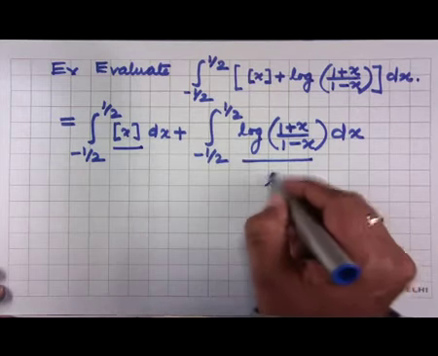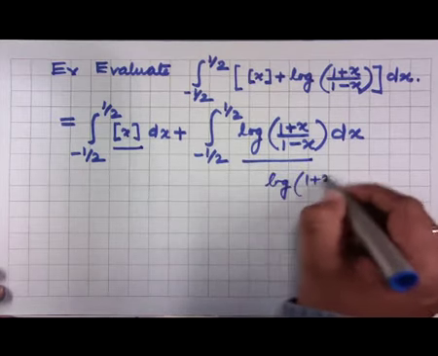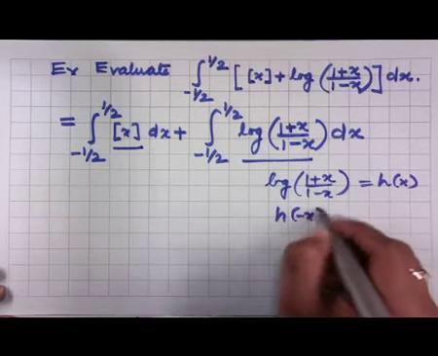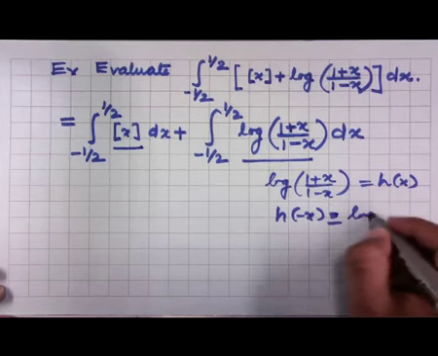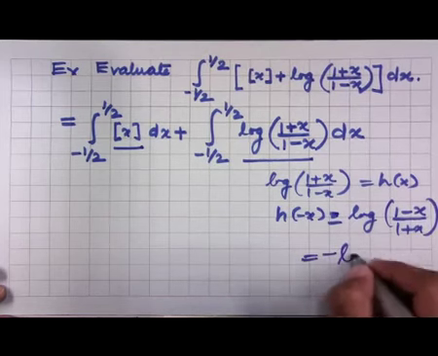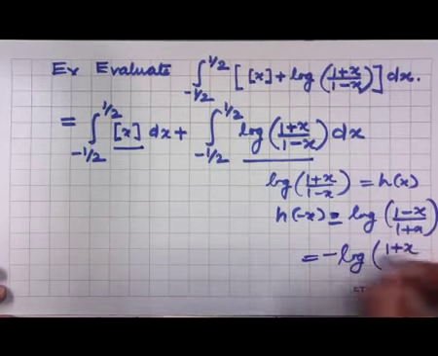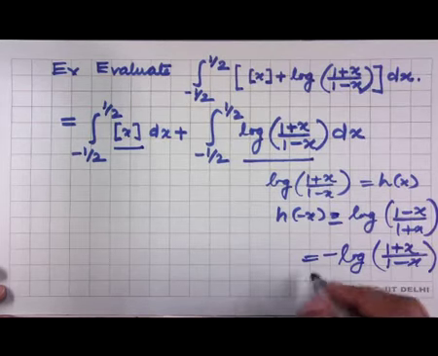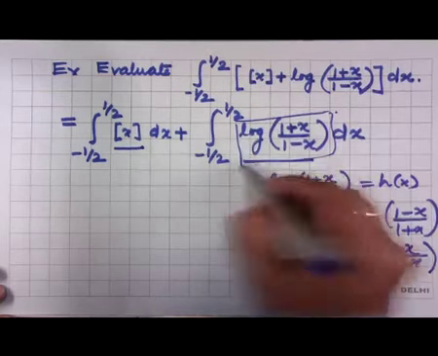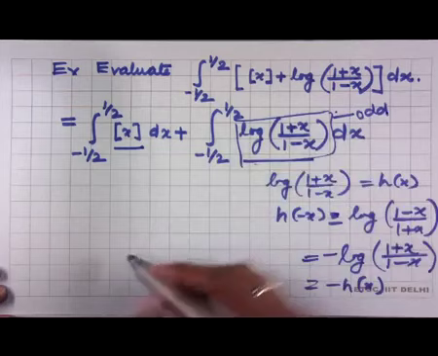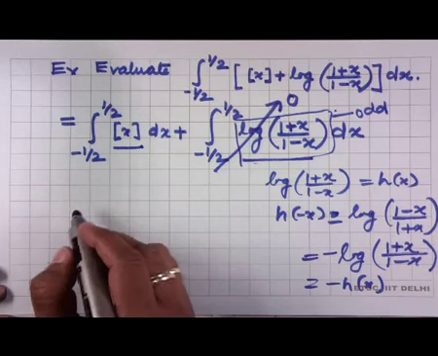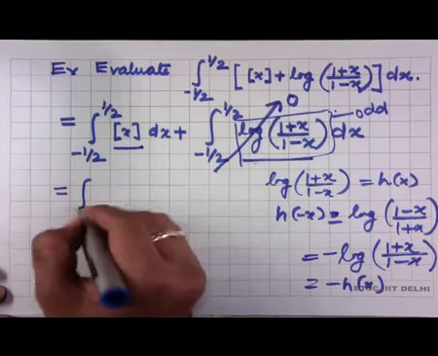So if you see log of (1 plus x) upon (1 minus x), if you assume that it is h(x), so h of minus x will be log of (1 minus x) upon (1 plus x), which you can write as minus of log of (1 plus x) by (1 minus x). So this is equal to minus h(x), so this integrand is an odd function of x and the interval is minus half to half, therefore the value will be 0 by using the property of definite integrals. So your final integral is minus half to half